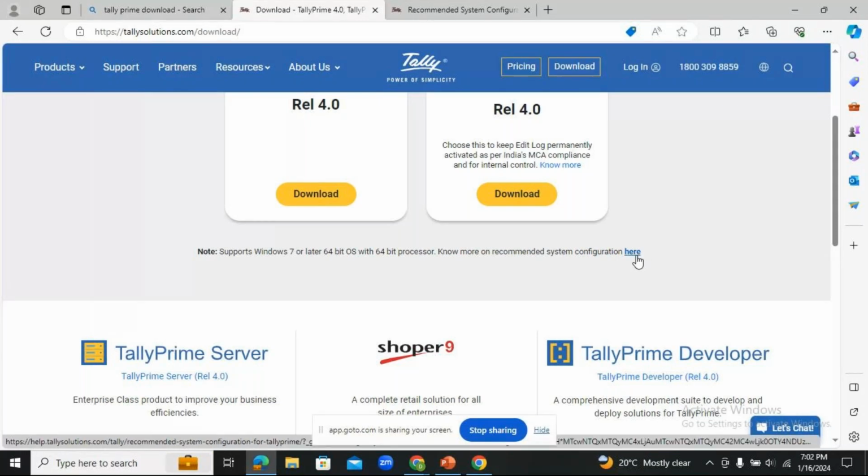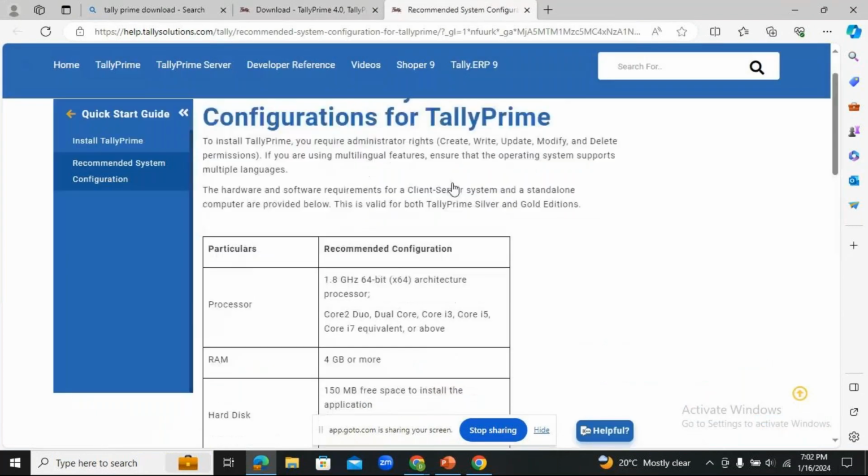And here at the corner you have a hyperlink in blue color. If you click on that, you get the recommended system configuration. Are you able to locate this? Yes, ma'am, got it.